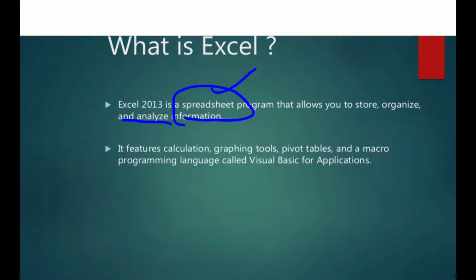We have to understand this word spreadsheet. Where Excel is there, that is a spreadsheet. So it allows you to store, organize and analyze information. Any information we can store, organize and analyze through a spreadsheet in Excel.